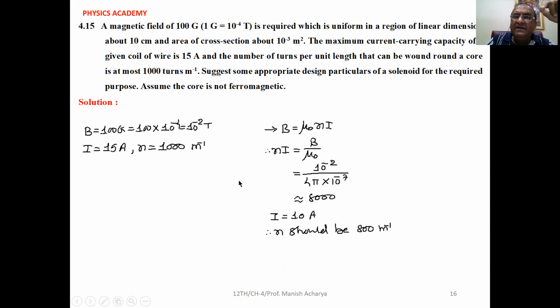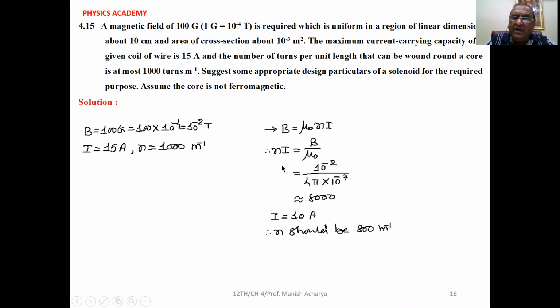Now the magnetic field at any point inside the solenoid on its axis, we can write B equal to mu 0 n I. Now nI is equal to B upon mu 0. B, that is 10 raised to minus 2, the required magnetic field. Mu 0, that is 4 pi into 10 raised to minus 7. And now if you solve this one, your answer will come to 8000. So when your n into I is 8000, it implies that